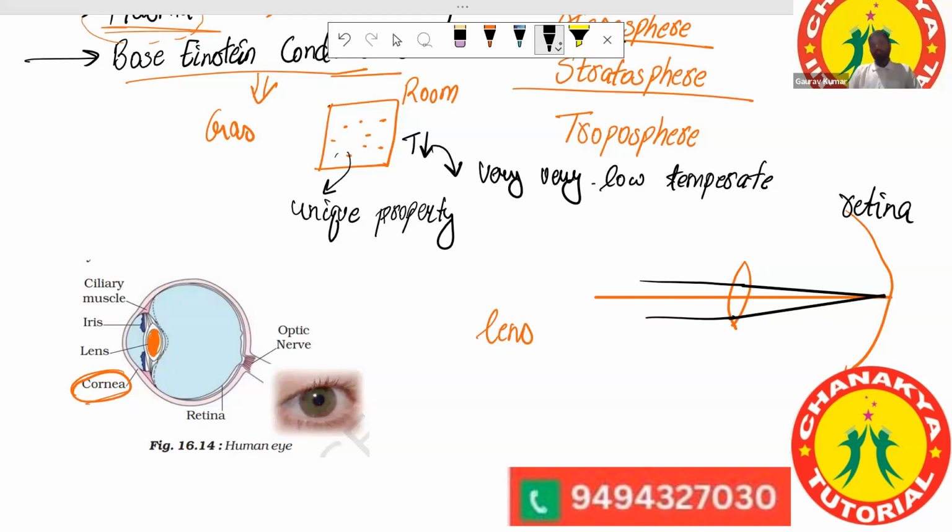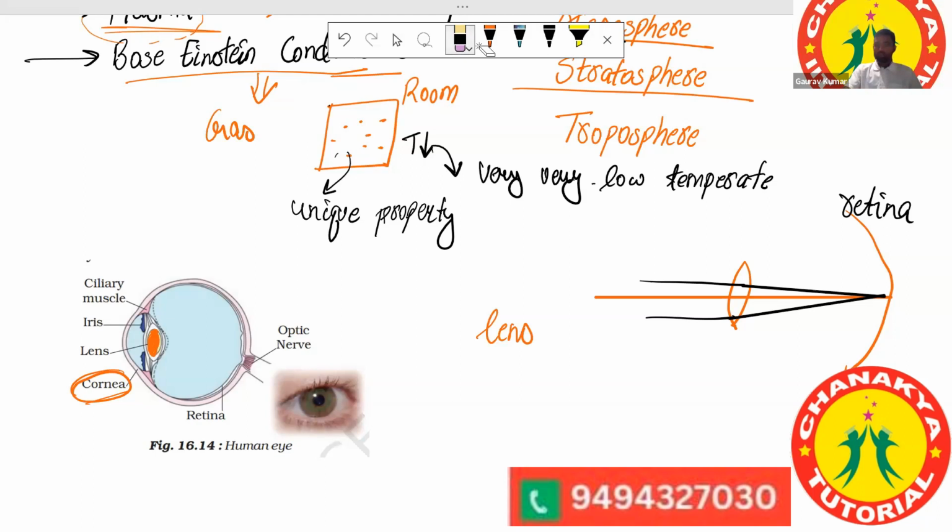Okay, so why do people use glasses? Because the focal point doesn't fall on the retina. It is between the lens and the retina. The light meets in front of the retina or behind the retina. So the function of this lens is to focus all the light coming from outside onto the retina. But the focusing of this light depends on the power of this lens.